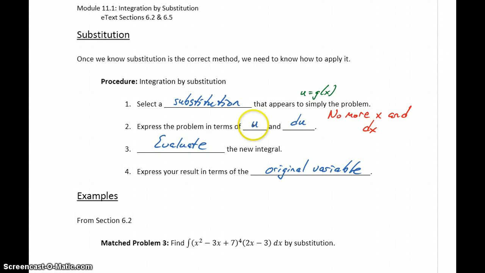So in step 2, we rewrote this so that our function was in terms of u. In the last step, what we want to do is go back and anywhere we have a u, replace it with the original function that we substituted in. So our final answer then is going to be in terms of x if we're evaluating an indefinite integral. If we're evaluating a definite integral, which means we have the upper and lower bounds to evaluate it at,